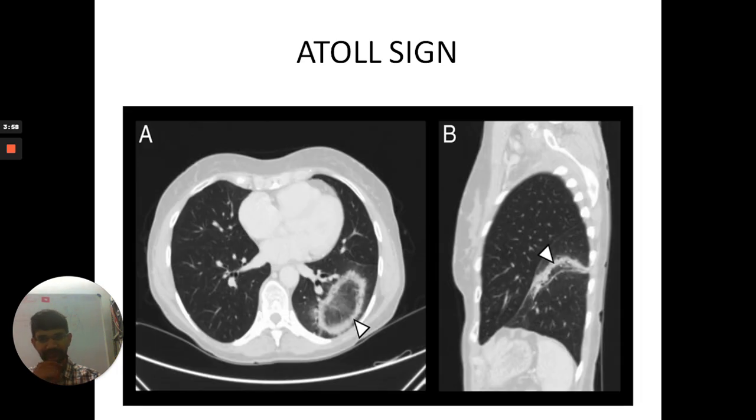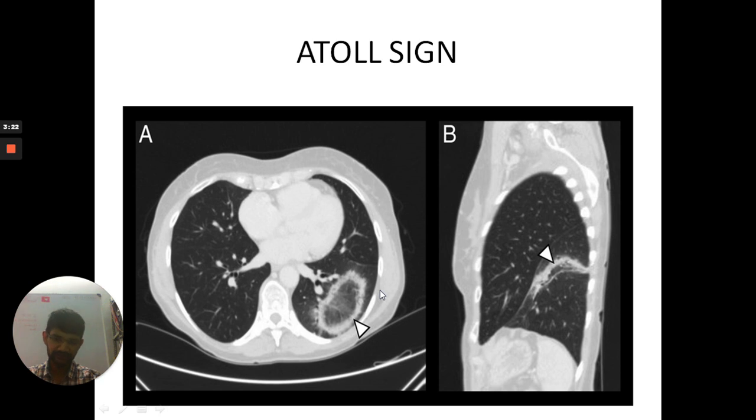So how do you see it exactly on a CT? Please follow my cursor. You can see in the center it's a ground glass opacity and in the periphery it is followed by consolidation. The periphery is surrounded by consolidation. The thickness should be a minimum of 2 mm, or it should surround at least 3/4 of a circle. So here it's a complete surrounding and the thickness is 2 mm. Okay, and this is the lateral view. You can see the same thing. This is known as the atoll sign, or also known as the reverse halo sign.